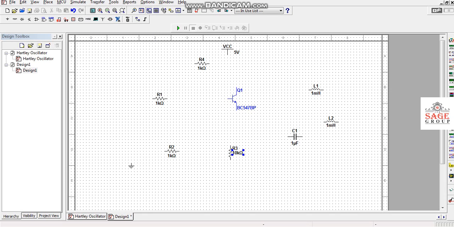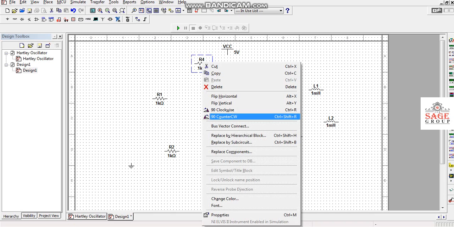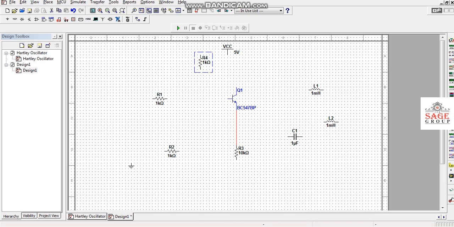If I want to change the position, I just change the position of these different components. If I want to connect, I simply connect. In this way we can connect these different components. Here I again want to change the orientation, so in this way I can change it.